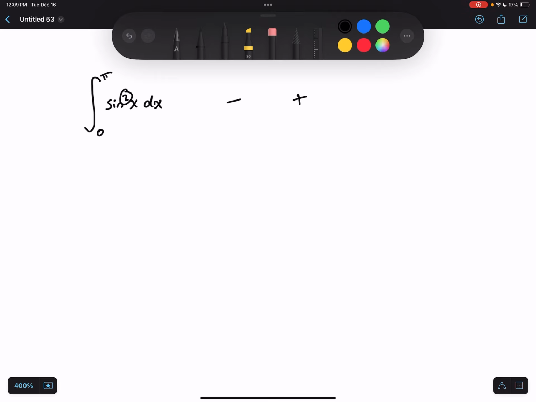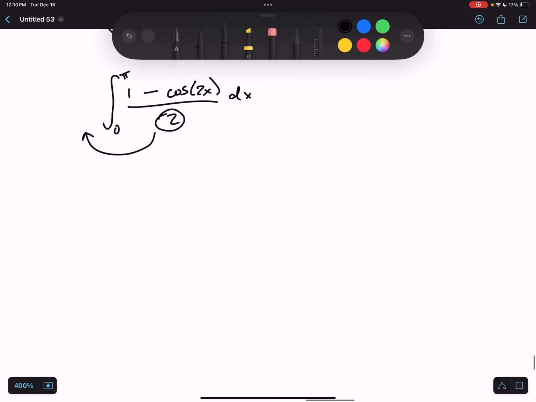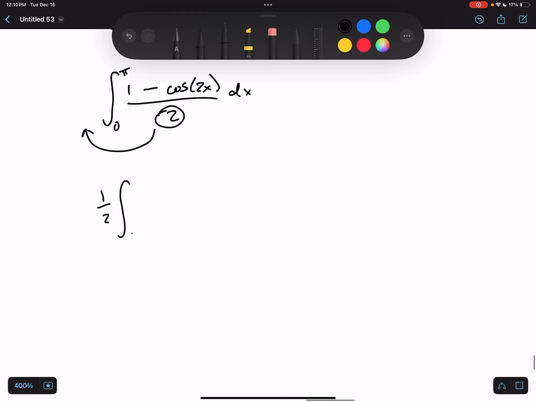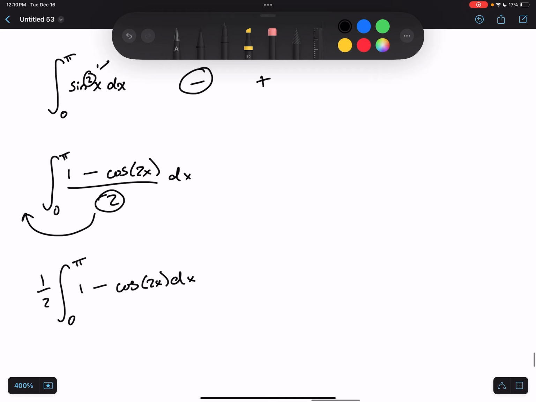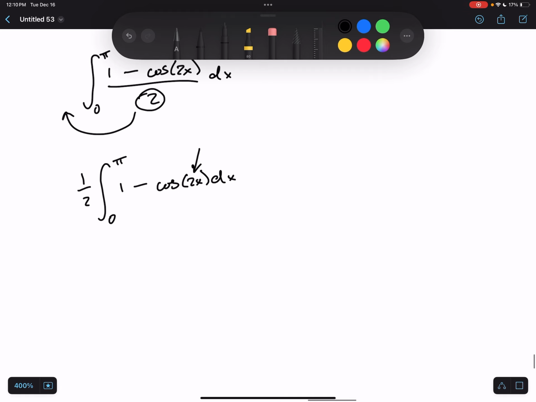positive. So what we can do is rewrite this as the integral from 0 to pi of 1 minus, this is where that negative comes in, cosine 2x all over 2 dx. The first thing I'll do is kick this 2 out in front, and rewrite it as 1/2 times the integral from 0 up to pi, 1 minus cosine 2x dx. Because we've effectively stepped down this exponent into a 2 times the angle, the double angle, we can now